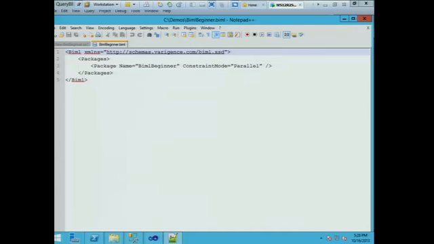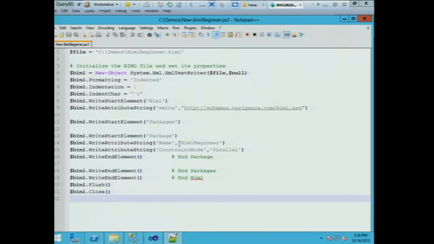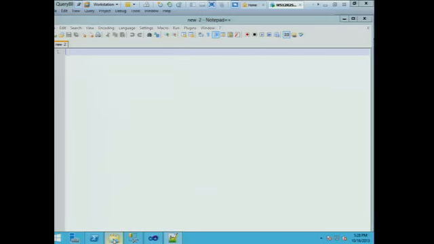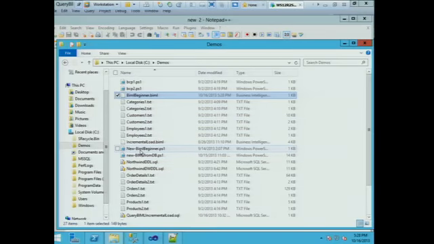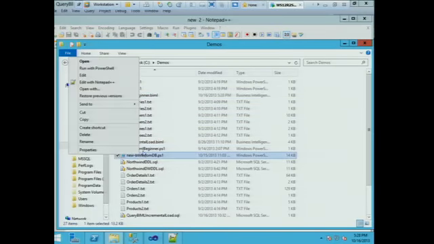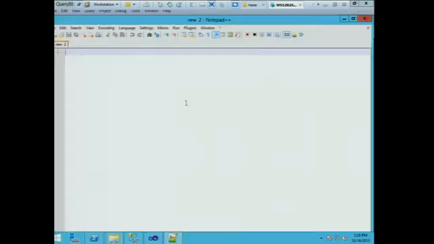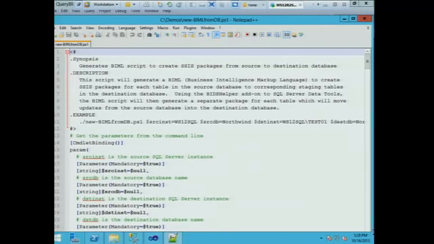So now we get to get into the real fun code. You've already seen me use this to create the package, so I don't need to go back and do that. All right. I have a script here called new BIML from DB, and this is our destination. Now this looks a little different right from the beginning. Those of you who have never seen PowerShell before,